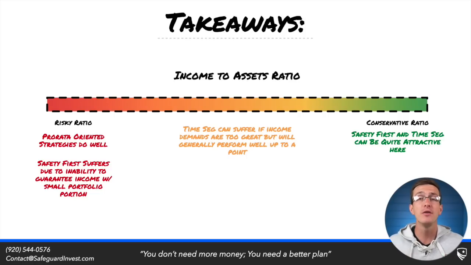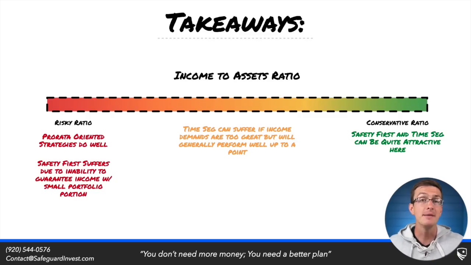Another important variable, as noted earlier, is that the income to asset ratio matters. Said in a different way, the size of your withdrawal rate matters. A more aggressive withdrawal rate may rule out a safety first approach because it is difficult to guarantee your income and still keep pace with inflation with the remaining portfolio. For instance, if it took your entire portfolio to guarantee your income, that would leave a lot to be desired